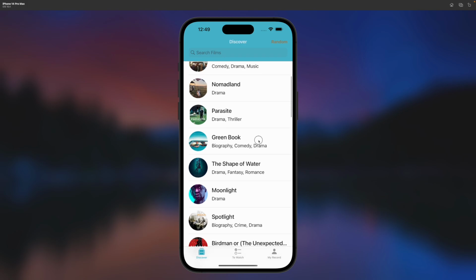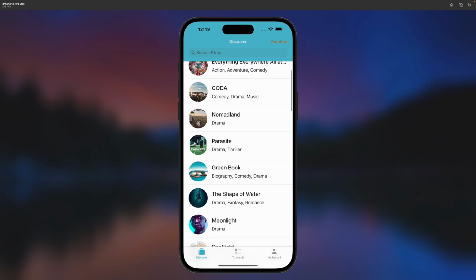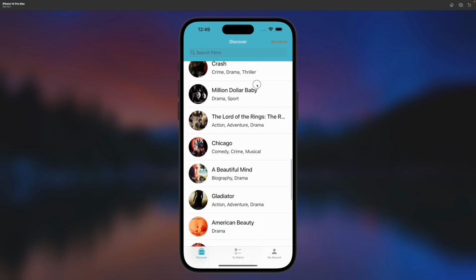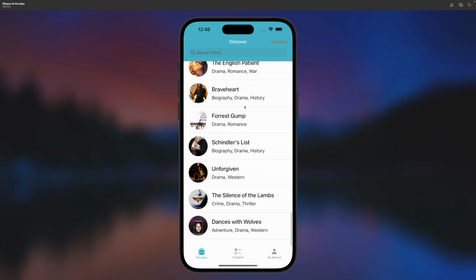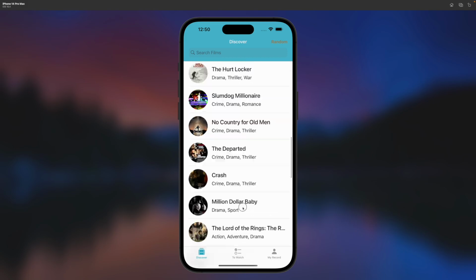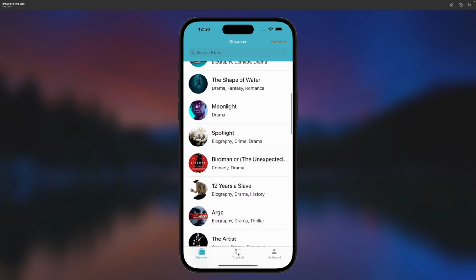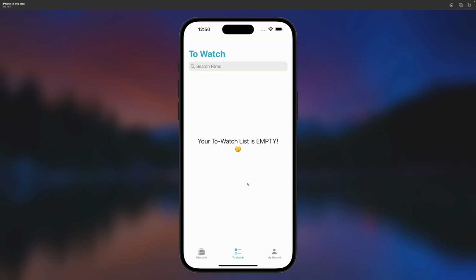And boom, here we saw a list of all the information for the Oscar-winning films since the 1990s. And as you will notice, we have two extra tabs. One is To Watch, which holds all the films that you've marked in your to watch list.